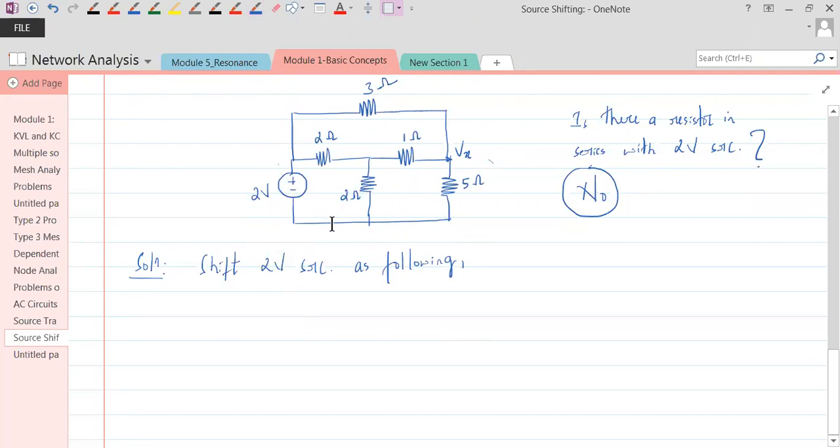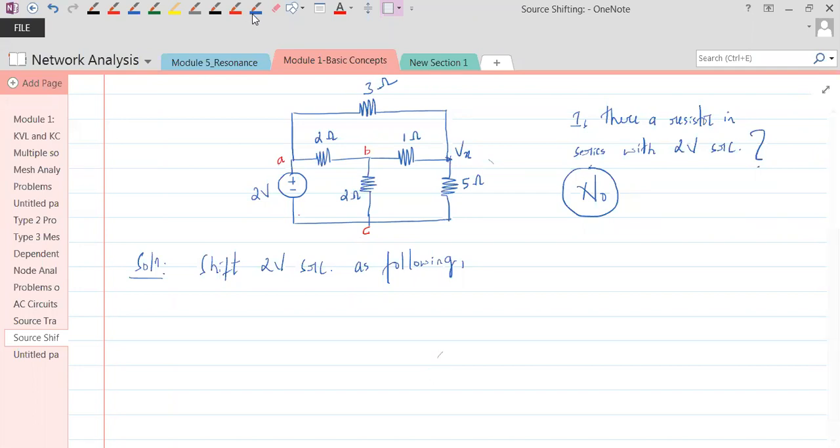See, this end is there, right? Let's just mark those ends. The red mark, in red color, what I'm doing is just for your reference. Let's say this is A, this is B, and this is C. Point A is connected with the positive sign, whereas C is connected with the negative sign. This has to be taken into account. So we have to shift it in such a fashion.